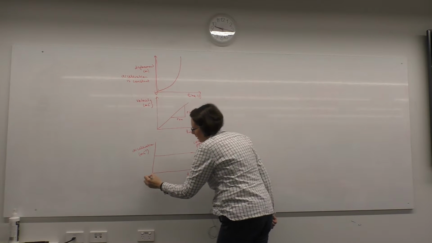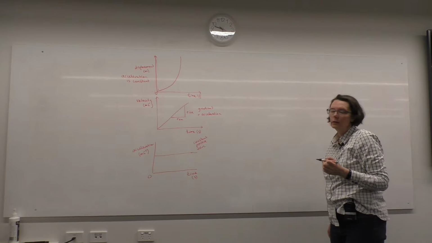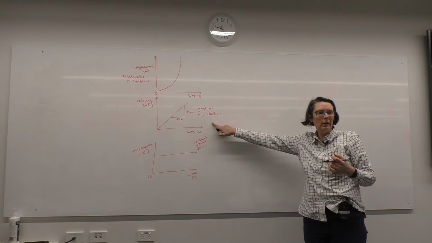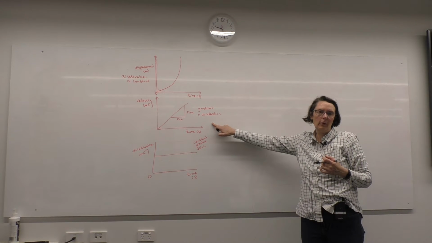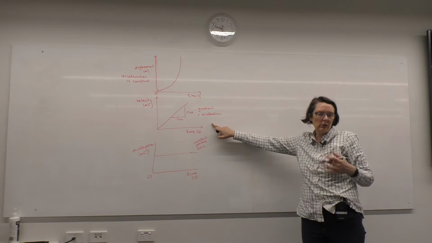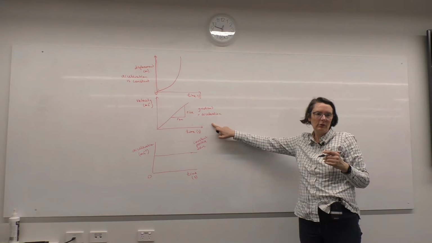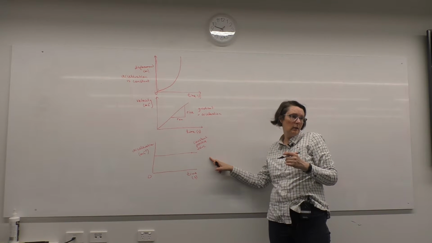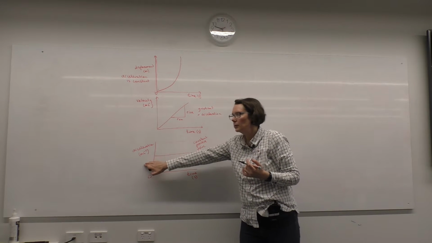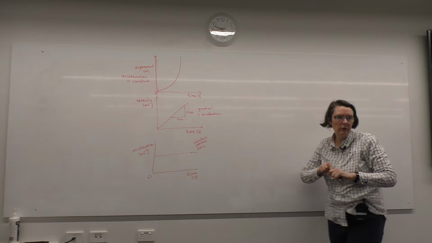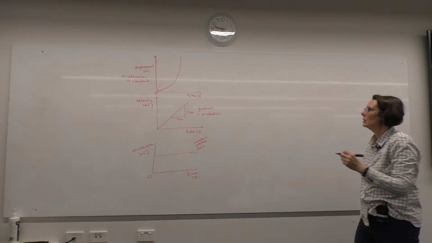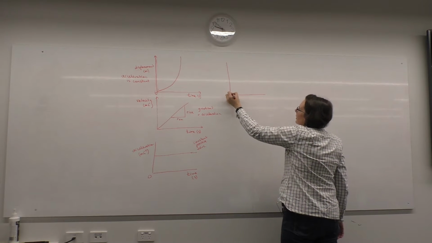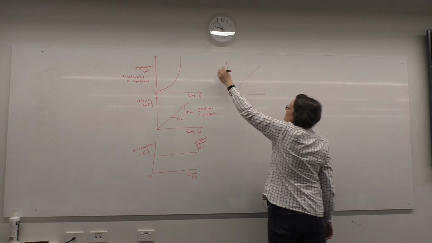Okay, I haven't put any numbers on here, we're just looking at the relationships between the shapes. Now see how this one, we were looking at a graph that looked a whole lot like that before, and that was for displacement with a constant velocity, wasn't it? And this one is the same shape as not moving. So this is where you have to be really careful to make sure that you're looking at what's on the y-axis. What is this really telling me about this object's motion? So if I now go back to my displacement time,